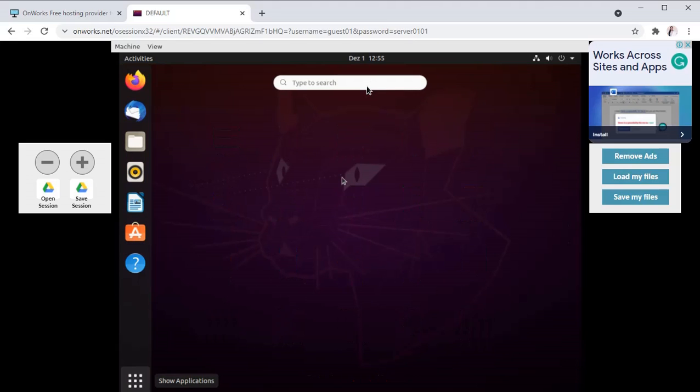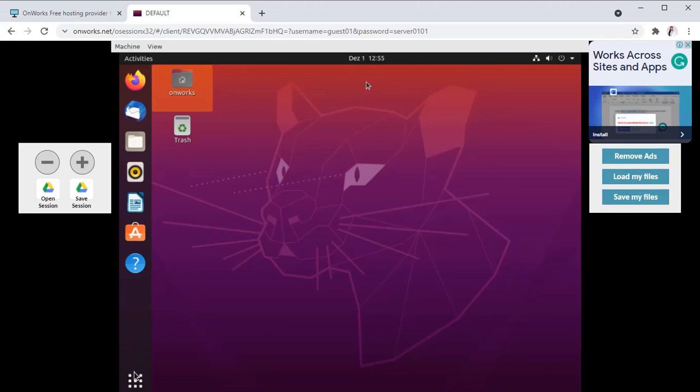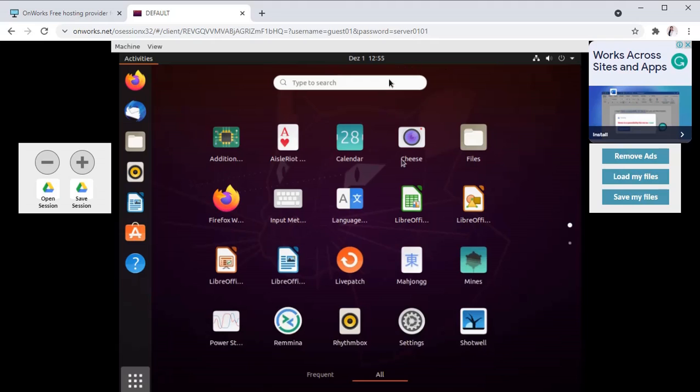We can try once again. So here, search for terminal.